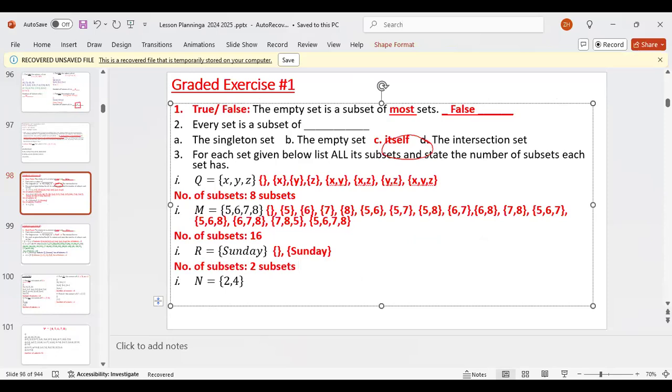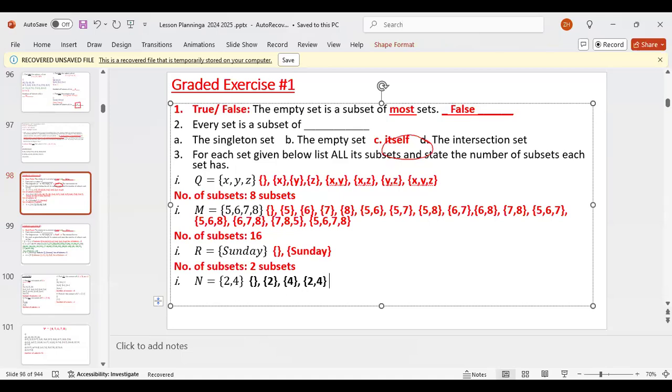And finally, the last one. How many subsets for this one? Let's do this. It's going to be what? Empty set, null. What else? 2, and 4, and then 2, 4.